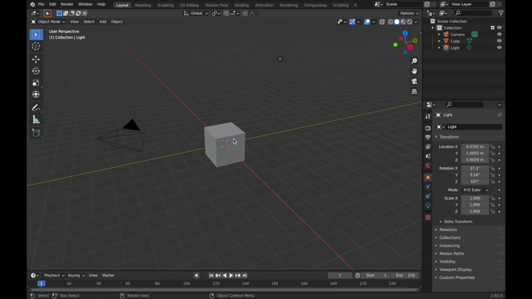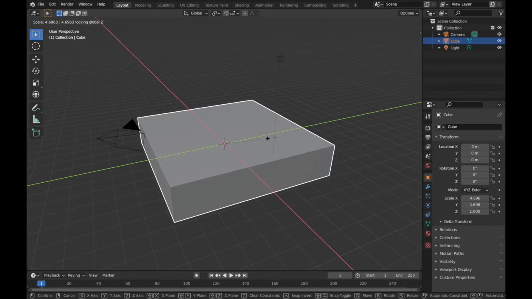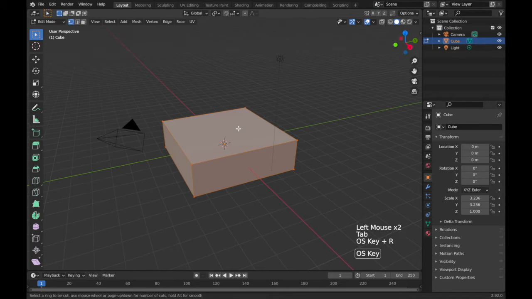What we'll do first is select the default cube by left selecting, press S to scale, Shift then Z, because we want our mesh to be longer and wider but not taller. This should be perfect. So let's select it again, tab into edit mode, Control R to loop cut, like that,